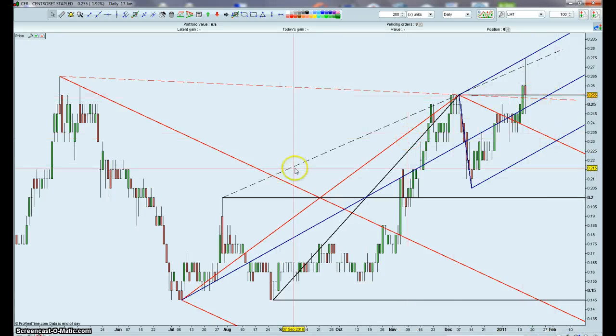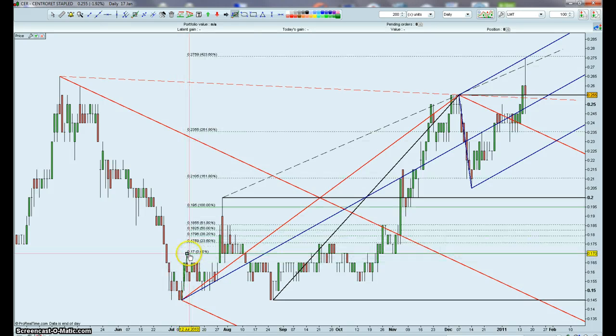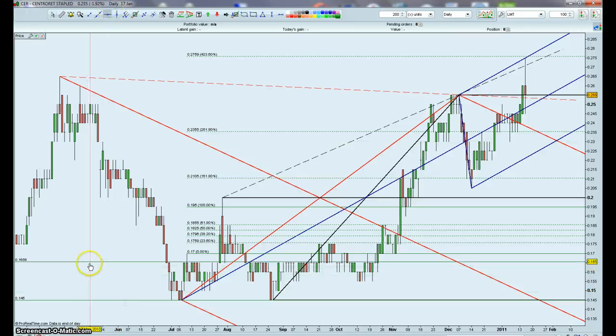Okay. All right. The other thing I've been playing with is some action-reaction lines. So I'll put these on here as well, and you'll see what we come up with. An action-reaction line is you pick a significant low. We'll say this is a significant low here, and then we pick a middle, which is the next pivot, which is up here, and that's our middle. And then, hang on, so this is our low, this is our middle, so that's our action line, our middle, and we have a reaction line at 100% fib here,